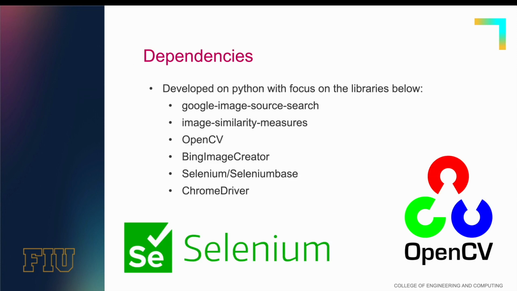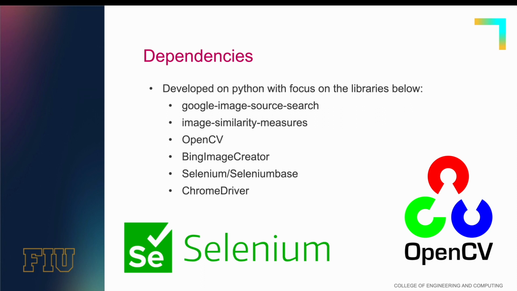As far as dependencies, we use a variety of Python libraries to support our program, but here I listed the main ones. The first one is Google Image Source Search, a library that allows us to perform reverse image searching using Google Lens. The next one is Image Similarity Measures, a library that contains functions and formulas used to compute the image similarity between two images, and this helps us determine and evaluate whether an image violates